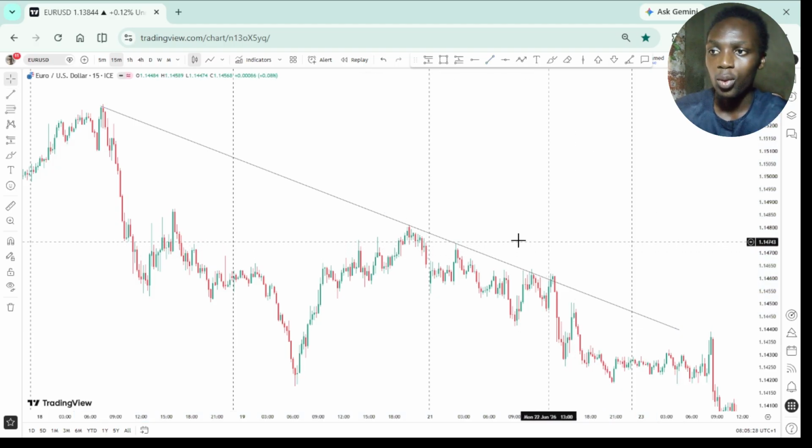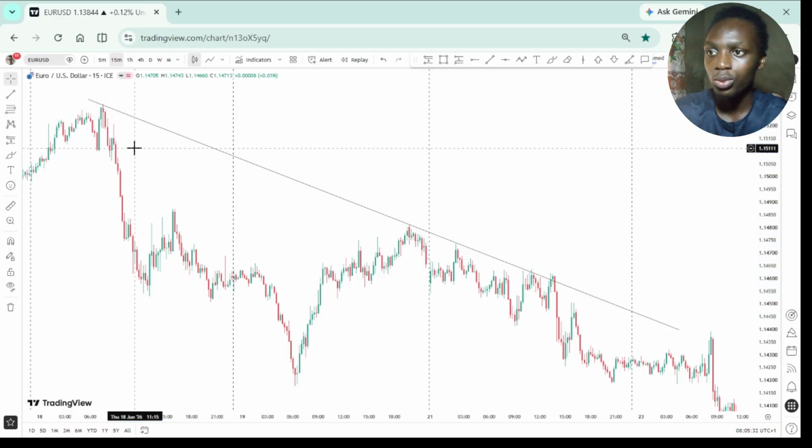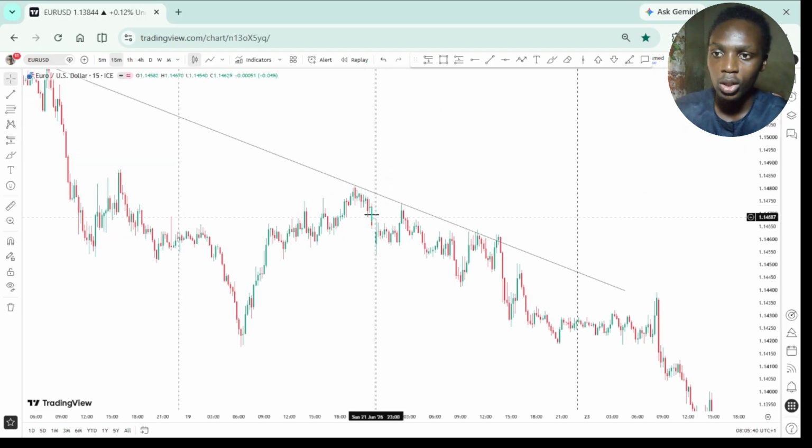You can see when I come to the market, I normally come around 6 a.m. in the morning. You can see we have the first touch at this point. We have the second touch at this point. These two touches are close to each other, so we are going to count it as once, because the market closed at this point. As the market comes and drops to this point to retest this zone soon,